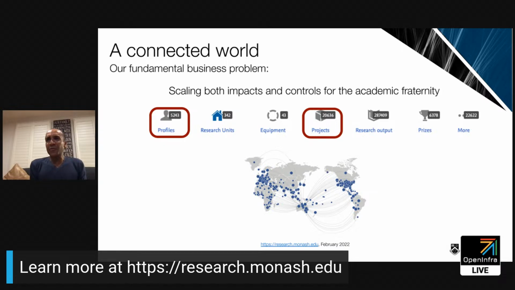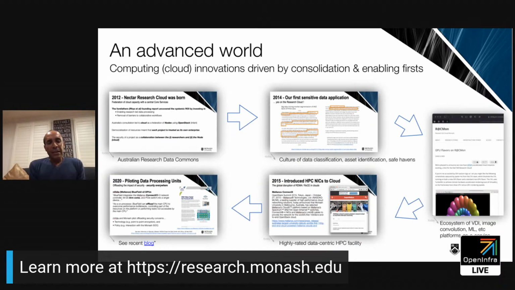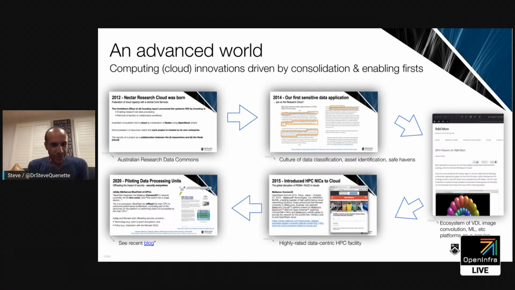So this world is intrinsically connected, and they bring their own technologies along into that collaboration. So if we can move on to the next slide, what we started to realize, and this was in the order of 10 years ago, was we needed to enable researchers to work on projects together as they emerge, wherever they want to take it.